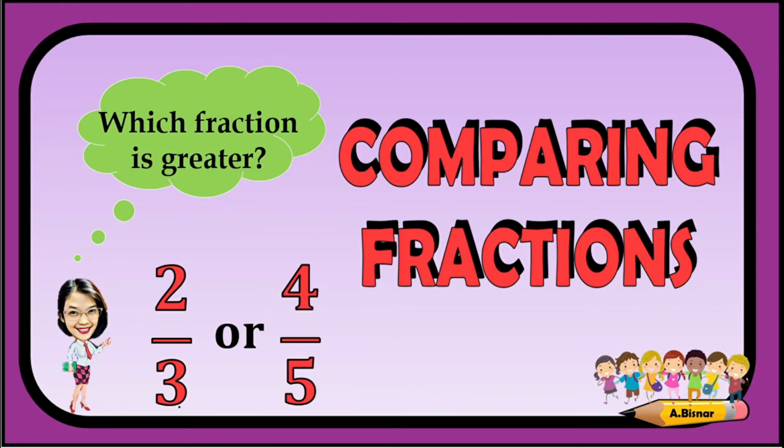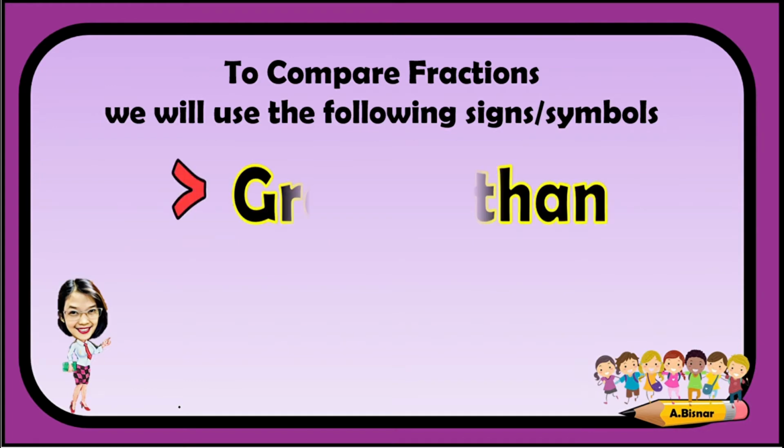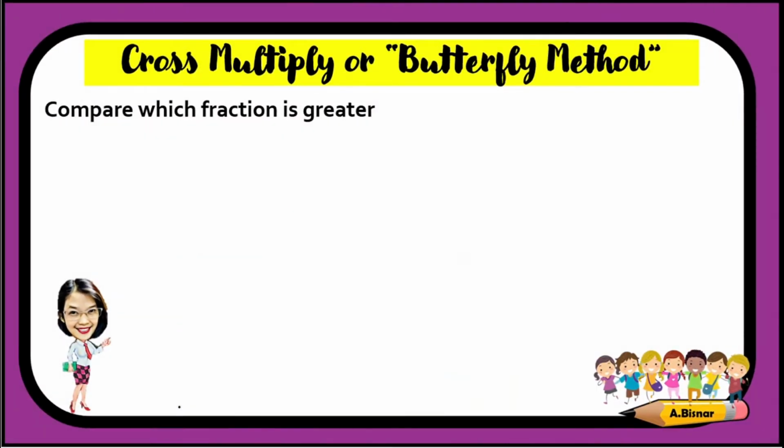This lesson is about comparing fractions, wherein we're going to find out which fraction is greater than the other. To compare fractions, we will use the following signs and symbols: greater than, less than, and equal to. Well, in here, we're going to cross-multiply, or also known as the butterfly method, to compare which fraction is greater